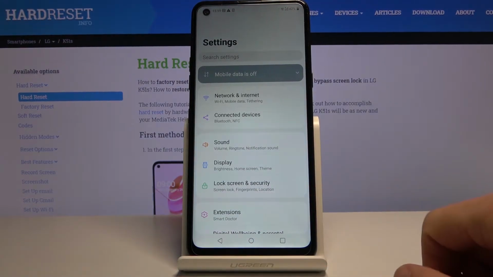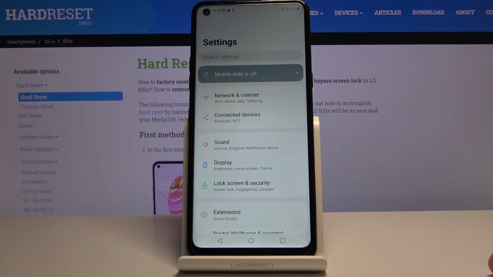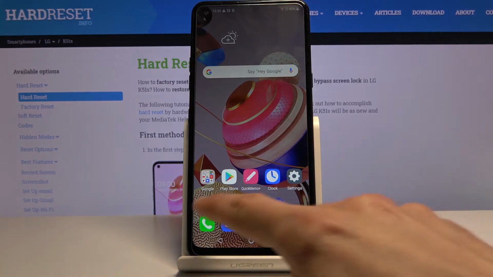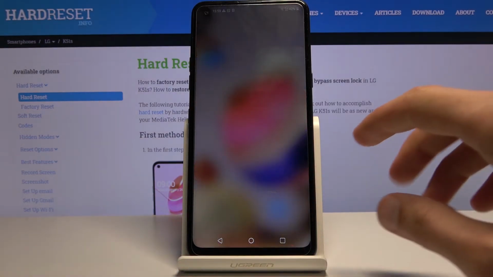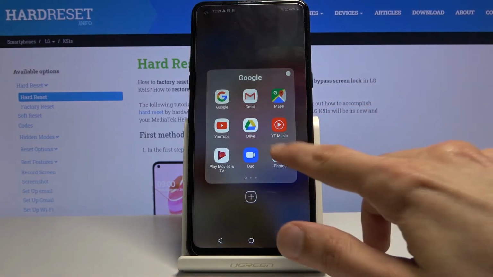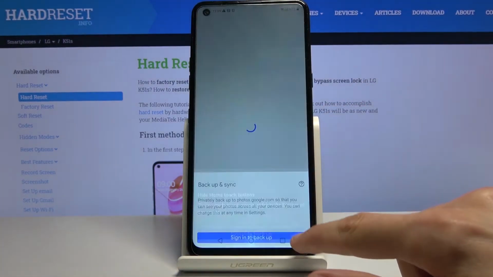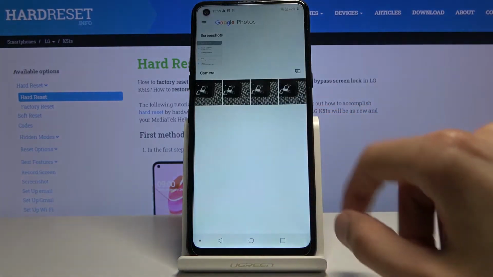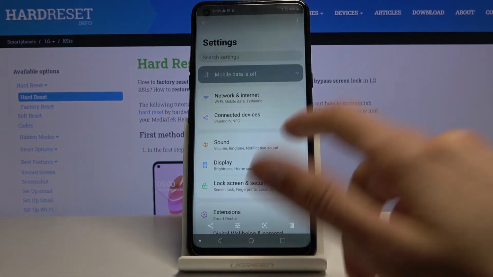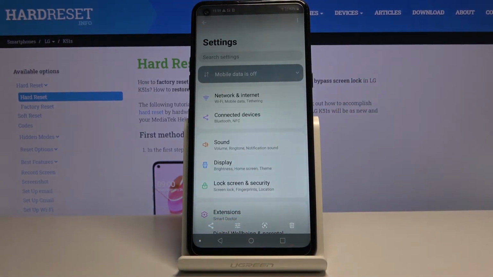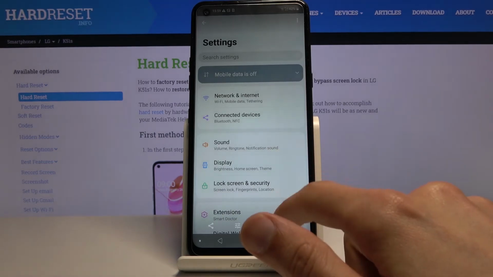Now from here you can, as you've seen, there are a couple options like edit, share and delete, but you can also do that from simply the photo gallery once I actually find it. There we go, photos. And there is a screenshot, as you can see, there we go. And also you have the options right below. So that is how you would capture any screenshot on your